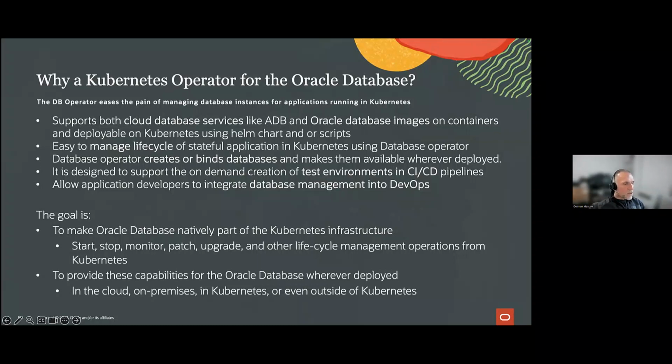We need to support Oracle database services within Kubernetes because we want to bring Oracle database lifecycle management to Kubernetes, and we want to do it with the whole offering on the Oracle database side. So this operator will not only be able to deploy Oracle database images for you, fetch them, create them and destroy them, but it will also be able to connect to database services running within OCI, like for example autonomous database, and you will handle them transparently, as if they are your typical database. It doesn't matter where they are. So it's easy to manage.